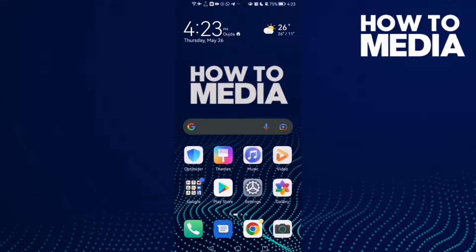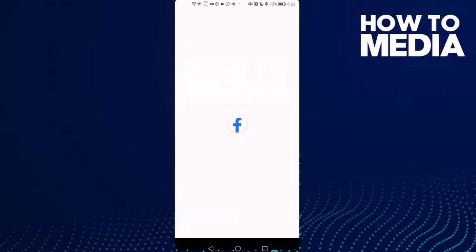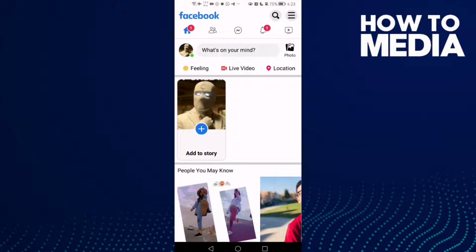How to turn off fundraisers and crisis email notifications on Facebook Lite. Hello guys, in today's video I'm gonna show you how to turn off fundraisers and crisis email notifications on Facebook Lite. First thing, go to Facebook Lite and then just click these three lines in the top corner, and after